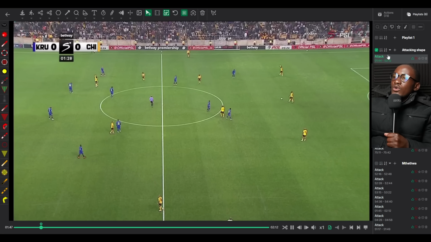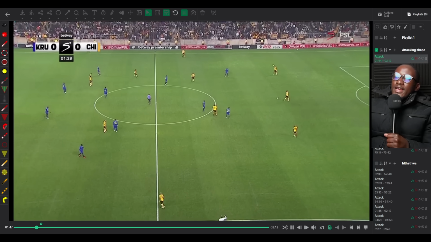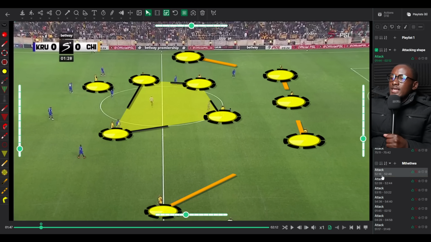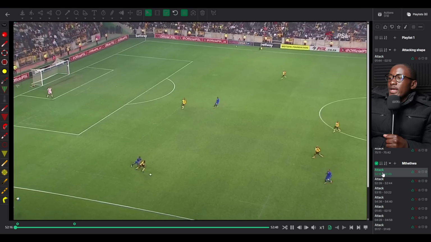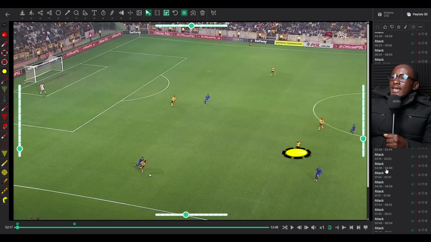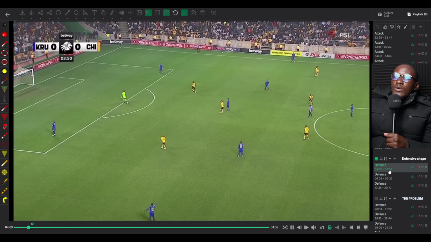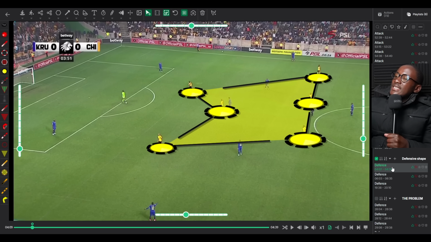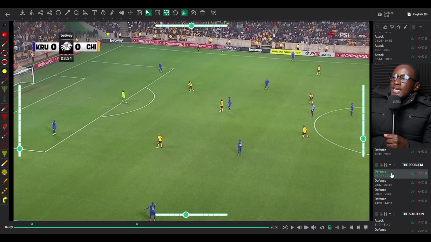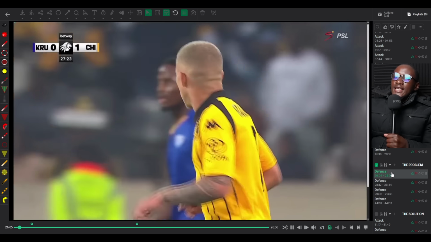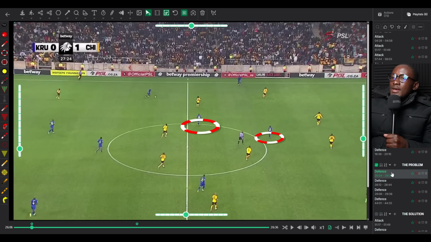In this video, we will talk about what on earth this is and why it looks like this. We'll also look at how Sibongiseni Mthethwa came in and solved one of Kaizer Chiefs' biggest problems in how they are playing, and also how Kaizer Chiefs' pressing shape got exposed until someone decided to solve the problem by bringing in two players who also solved the offensive problem.